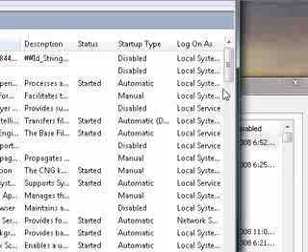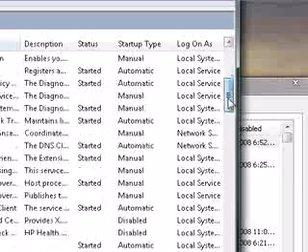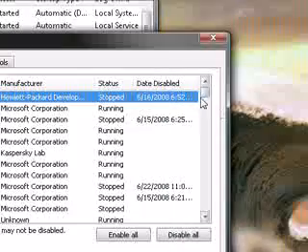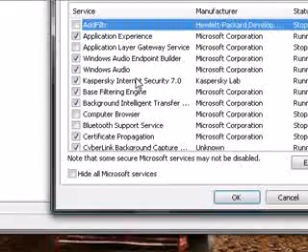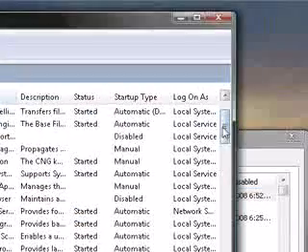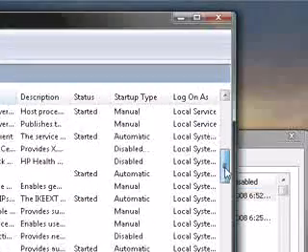Now, first of all, some of the things you'll know what they do just by looking at them. Like I said, Kaspersky Internet Security. Do not disable internet security or antivirus, because that's very important to have running. And also some things won't be very clear from the description. For example,